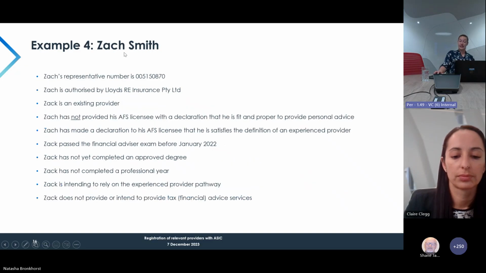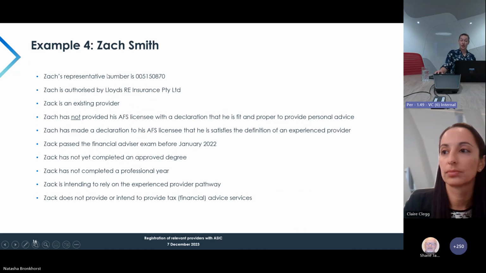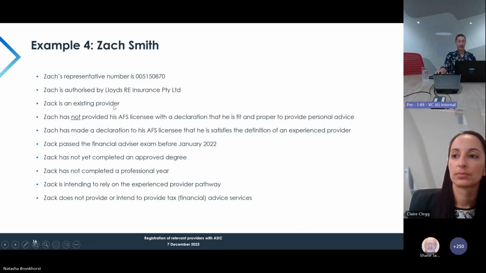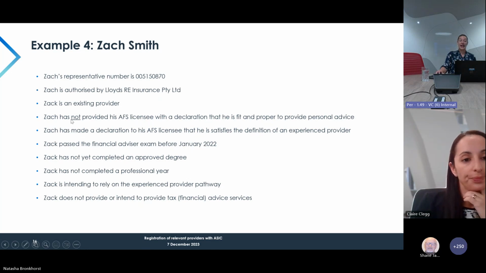Our last example is for Zach Smith. So the representative details for Zach are on the website, on the screen. But from here, I can see that he is an existing provider. However, he has not provided his licensee with a declaration to say that he is a fit and proper person to provide personal advice. He has, however, made a declaration to his licensee that he is intending to rely on